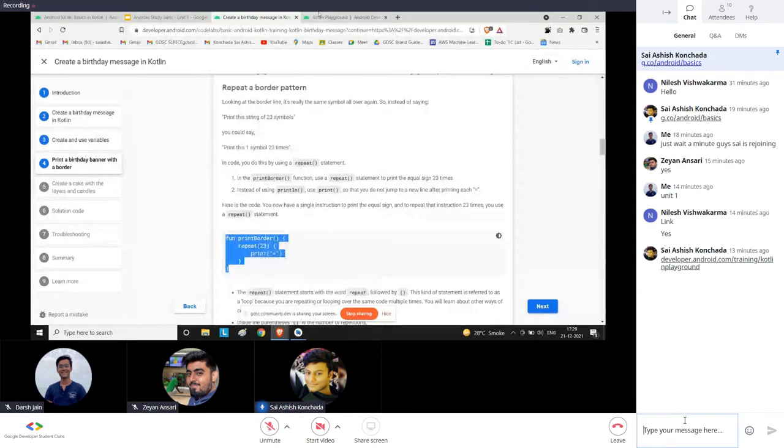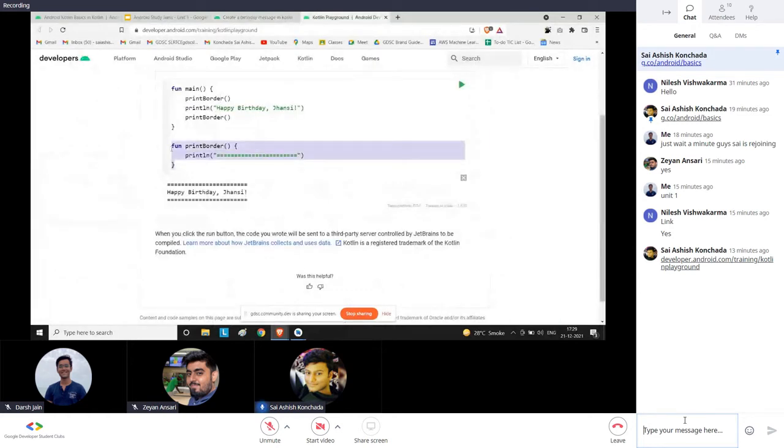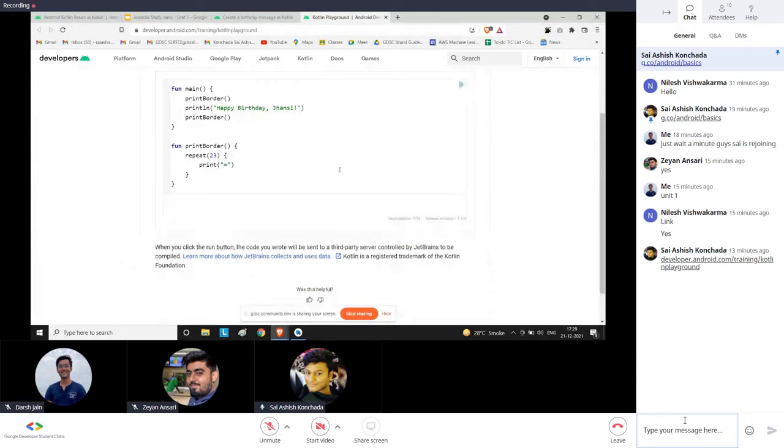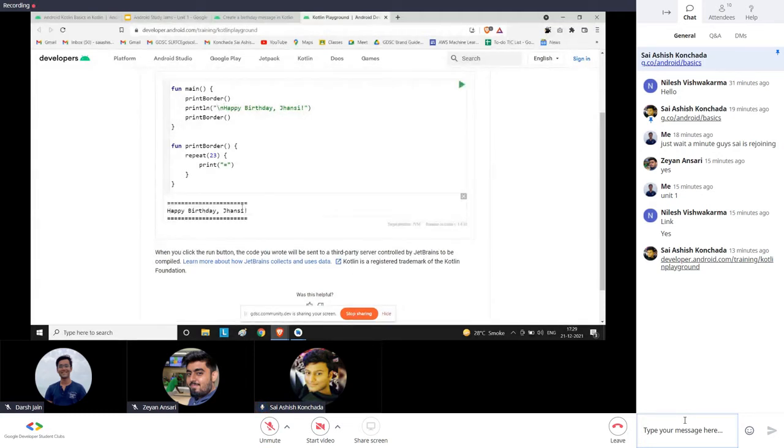So if we take this one and replace it with this function right here, let's try. There's a print, and then it should be println, right? So after this, one more ln, and let's try now. This is perfect. If you go to count, this will be 23. This is 23 equal-to signs, and this is how you declare a loop in Kotlin.